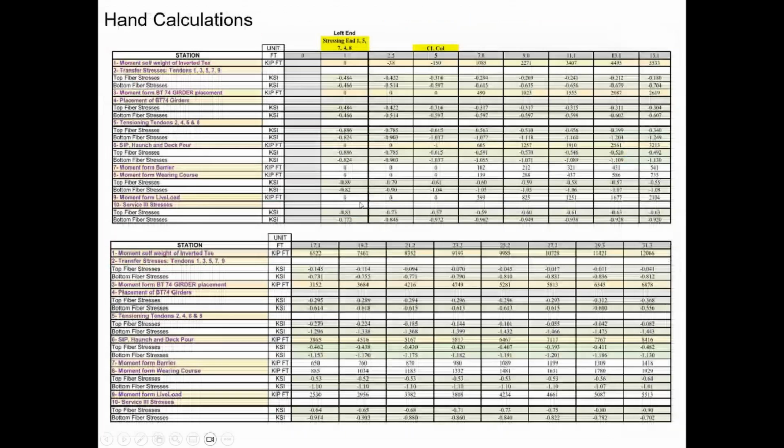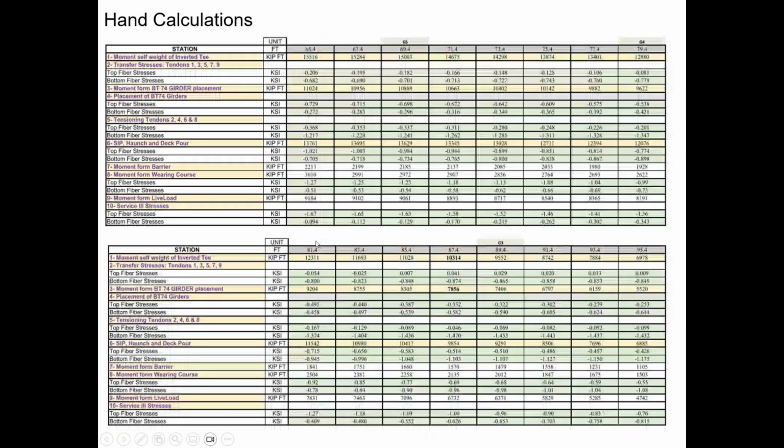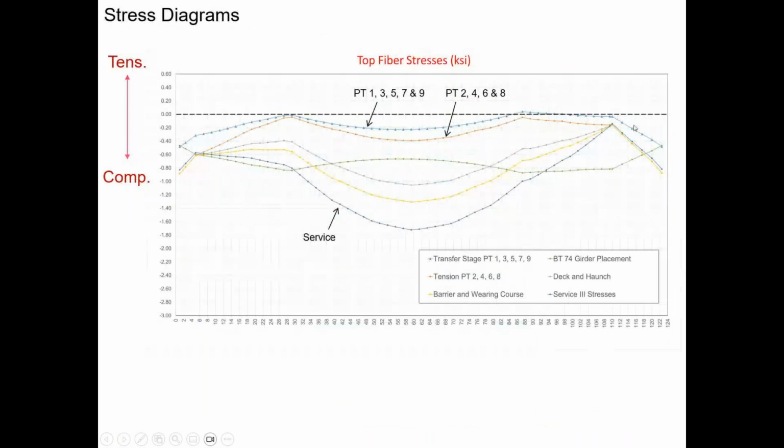We have of course ran hand calculations right beside this, and to do this was a very tedious process, because you need to basically create a huge sheet, monitor every 1 foot length along the bend, and calculate all the section properties, the losses of the tendons in all different stages, one by one, to arrive to this summary that gives you the stresses in all different construction stages. So we did that for the entire beam up to here,